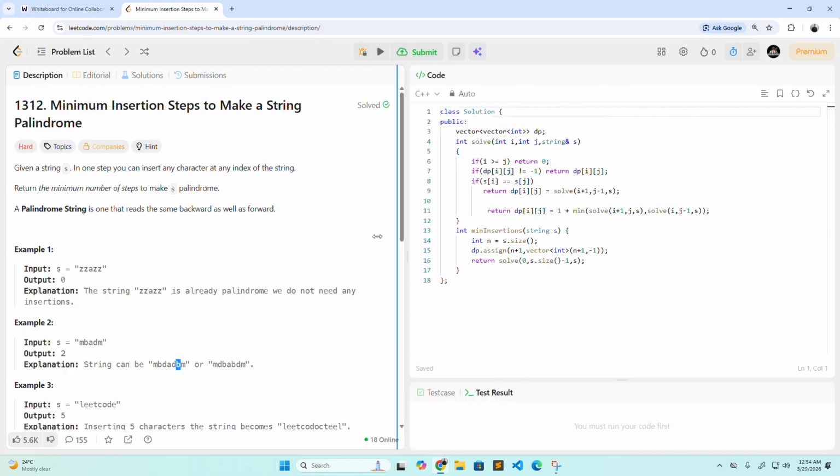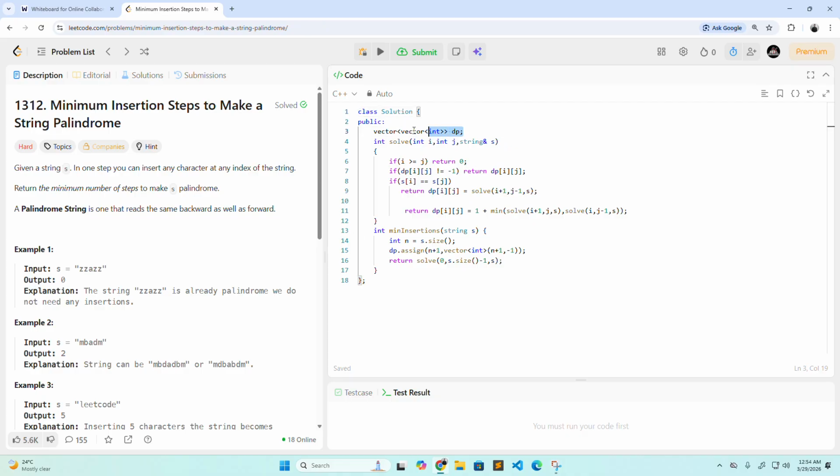Let's see the code. The code is really easy. Just a dp, I assign dp to -1, then i is equal to 0 and j is equal to size minus 1, and the string. If i is greater than or equal to j, then return 0. That means we have traversed the whole string. If the value is already calculated, we return the value. If s of i and s of j match, then we just move the 2 pointers to the next, and if there is no match, then